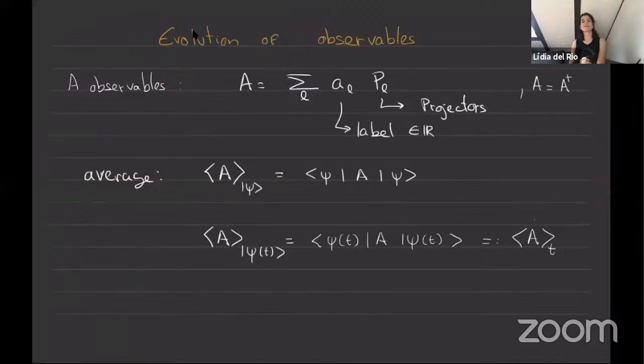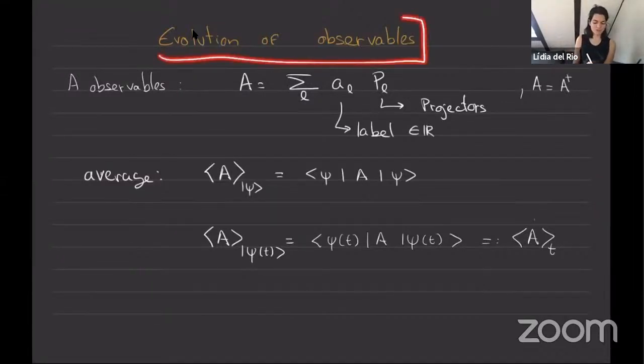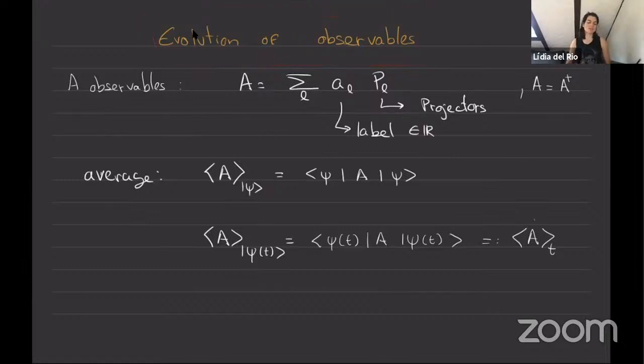So now we change topics to talk about evolution of observables. The idea here is that maybe I prepare a particle, an electron, in a very fine-tuned state, and I evolve it over a very complicated Hamiltonian. But at the end of the day, I just want to know one property of the electron,